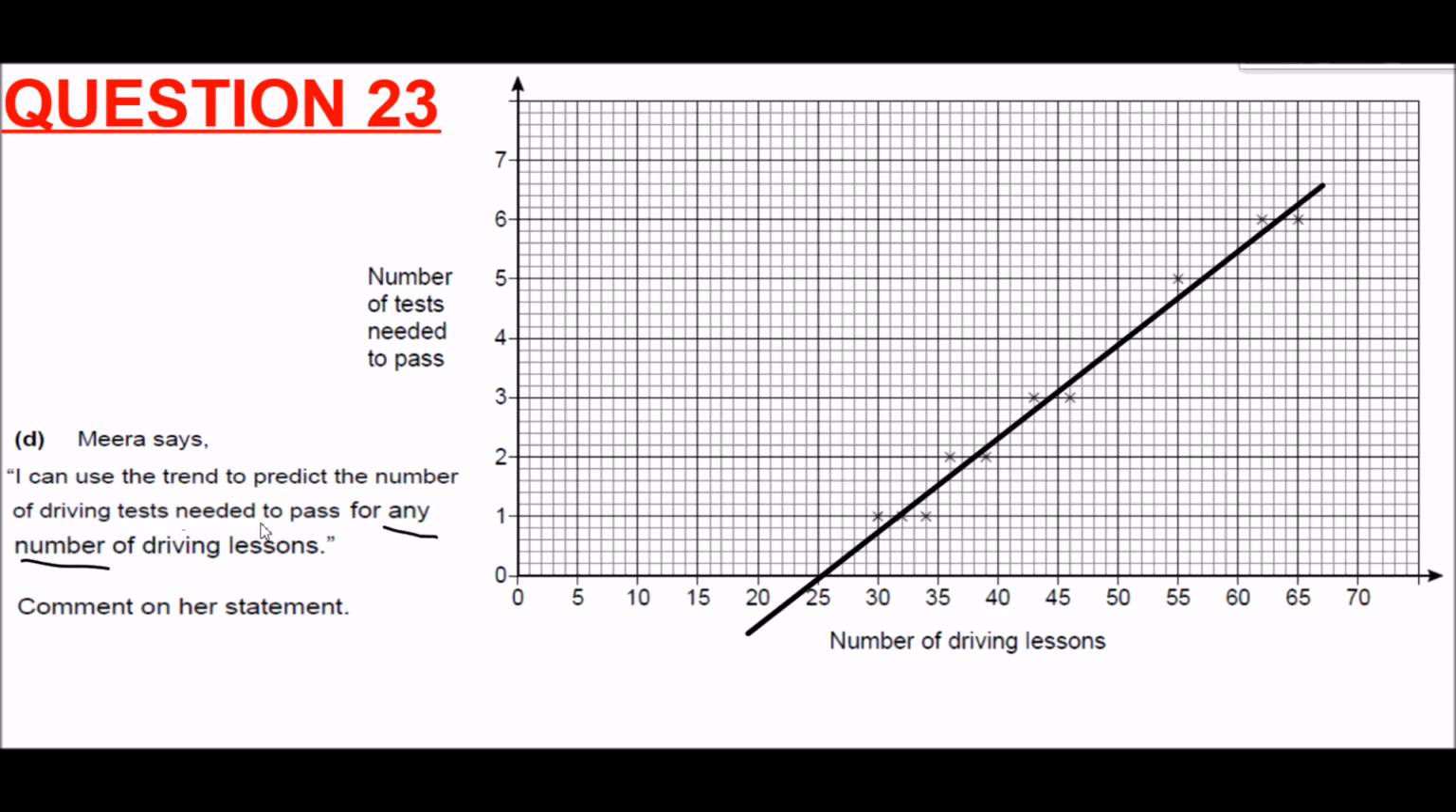So comment on her statement. We need to say clearly but politely to Mira, because we don't want to hurt her feelings, we need to say that her statement is false, and then we can give an example of why it may be false. For example, the reason I've just given. Her statement is false. For example,